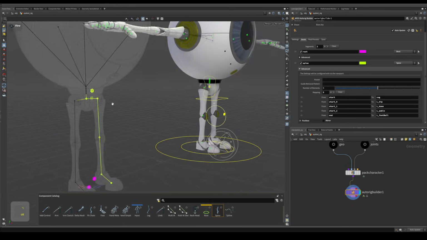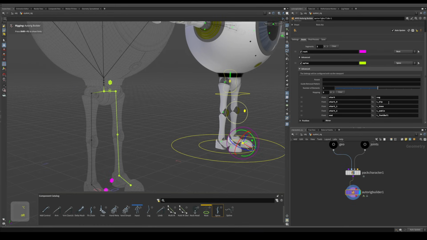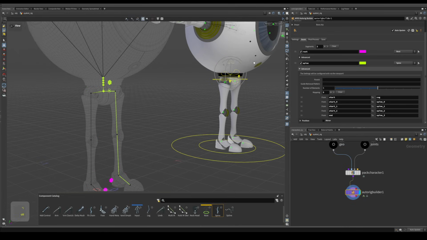So let's go ahead and fix that. If I hover over these joints, I can see that it's spine 0, spine 1, spine 2, etc. So let's go ahead and just manually put these in. So spine 0, I'm going to copy that and just paste it. We can see that our rig vanished, but don't worry. Let's just power through this. And once we get to spine 3, the rig comes back